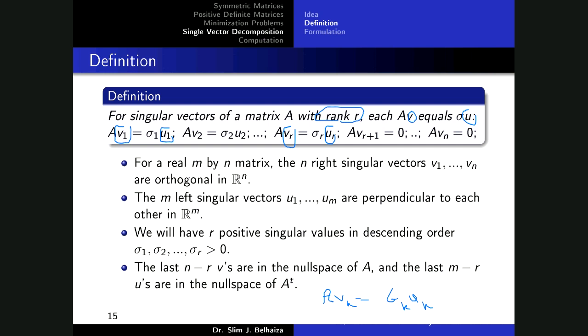Above R, everything should be equal to 0, because basically we're able to determine that these columns or these rows are redundant. So A v_{r+1} equals 0 till A v_n, for instance. So for a real n by n matrix, A is n by n, which means it contains n rows and